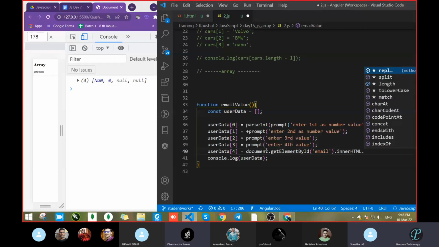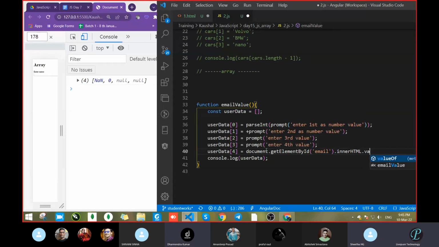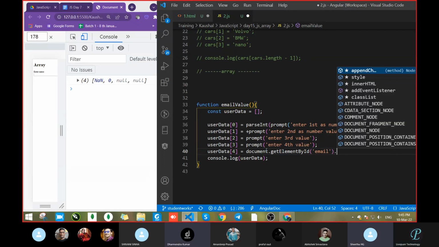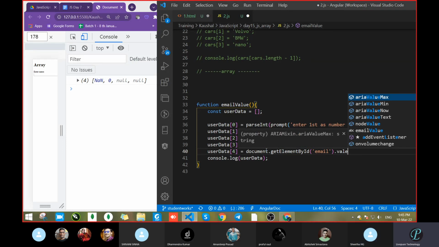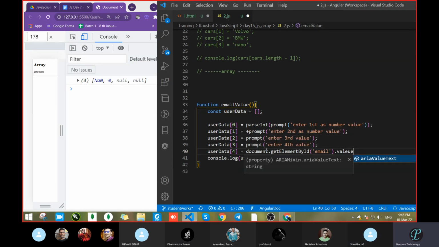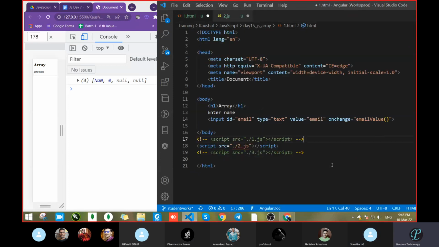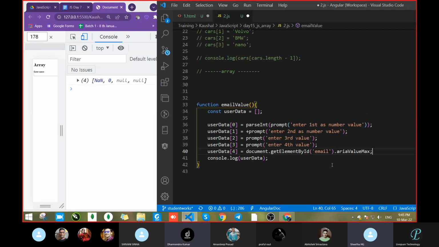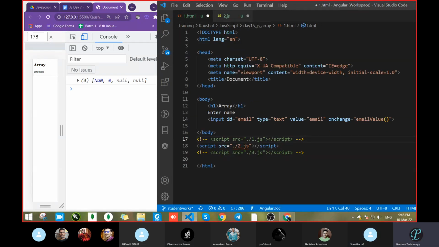No, value will be there itself. Only value. It will come here itself. So see what we had done.